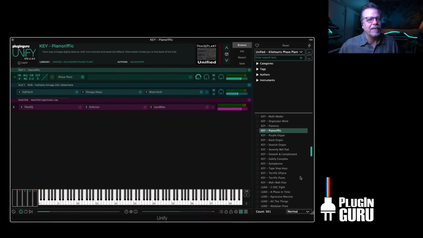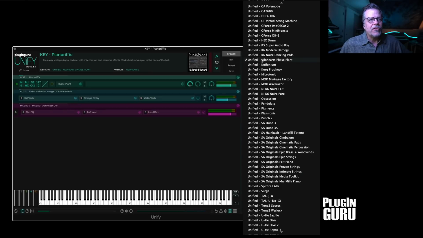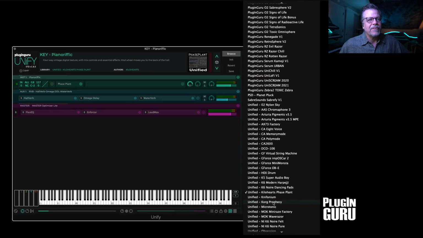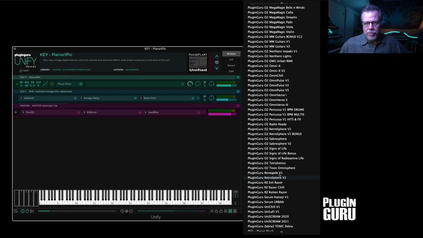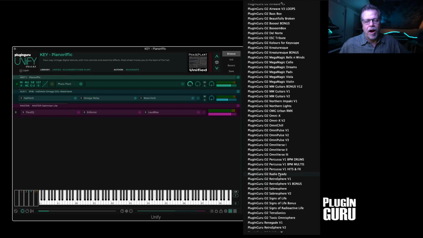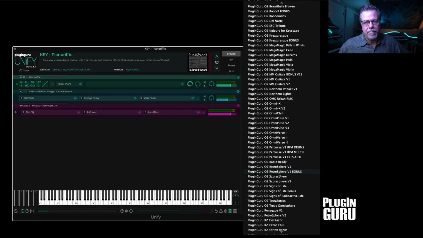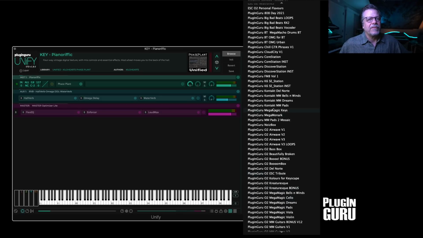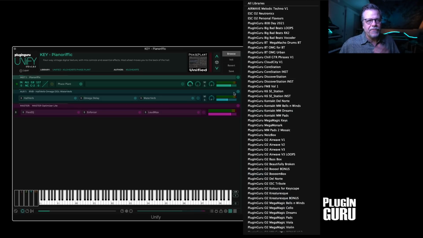It's a great synth. So let me show you, with all of these unified libraries, with all the Plugin Guru libraries that I've created that are available for Omnisphere and Razor and Massive and so many different plugins. There's all sorts of stuff. I'm going to flex muscle for a second just to show you what we can do with Unify,